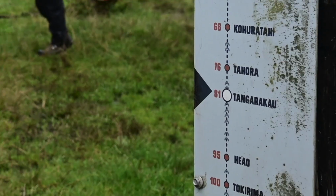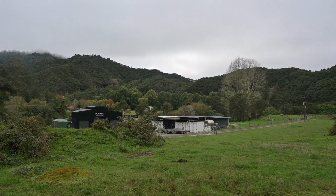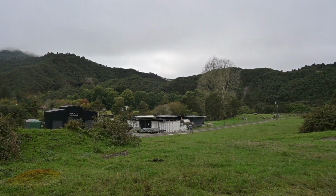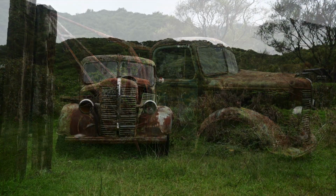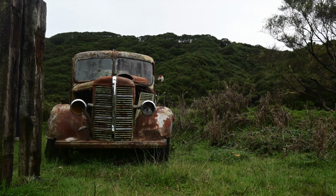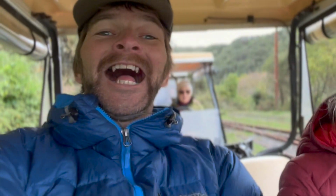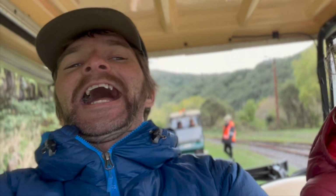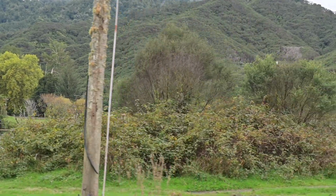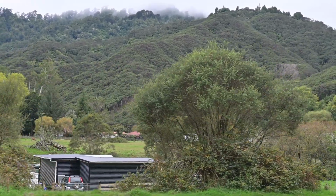About 1924, Public Works Department arrived here and they built a town. Originally it had its own coal-fired power station fed by one of the local mines. Over in the distance is Tangarakau. It was once home to 1,200 people. It's now home